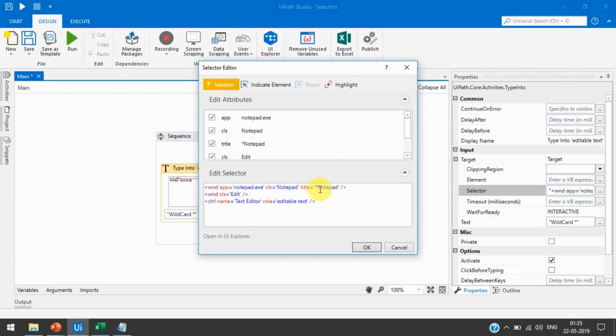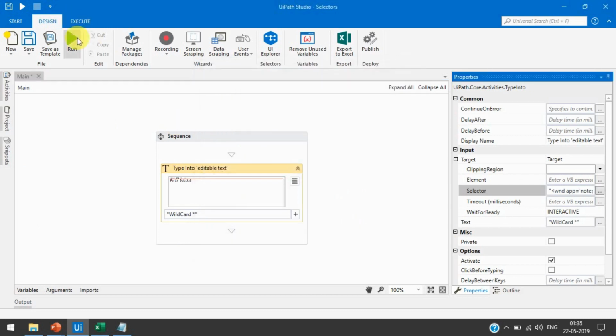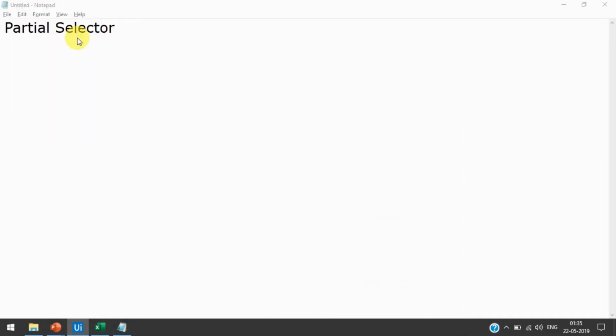Because it will look for the Notepad name, and whatever is there before the Notepad word will work. So let's press OK and run this. Now you can see it has worked. It is showing wildcard asterisk.